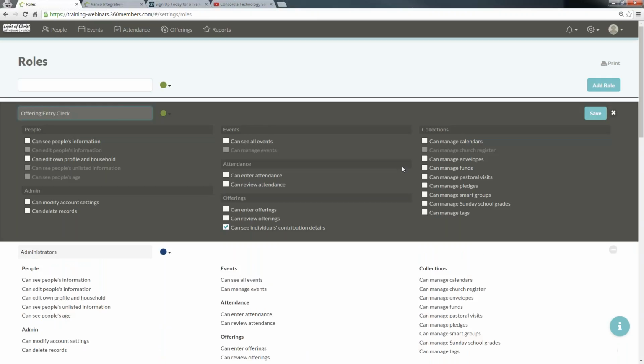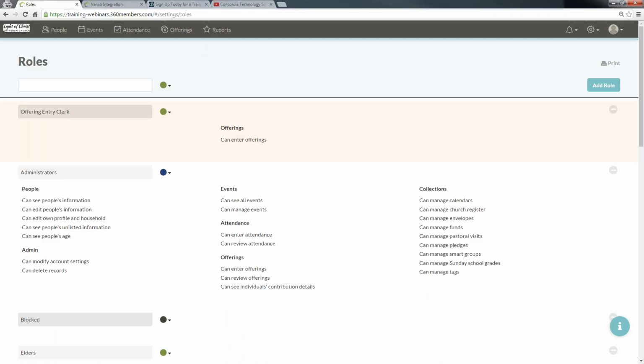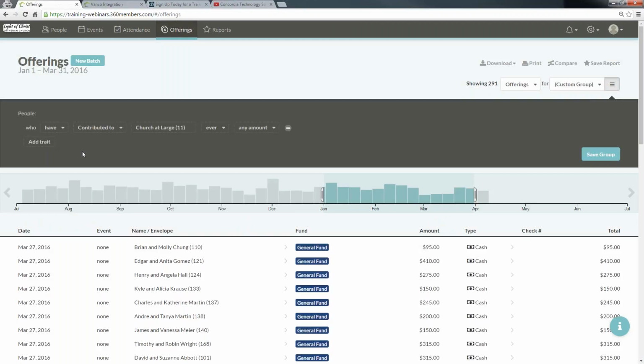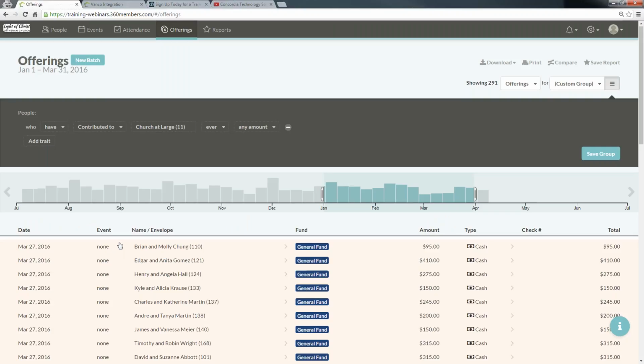You'd add that role, and when you see it, you would say they can enter offerings, but they cannot review offering totals. That means no reports. They cannot see individual contribution details. If you did that, then all that they would see when they go to enter offerings would be the listing of, let's go back to our,